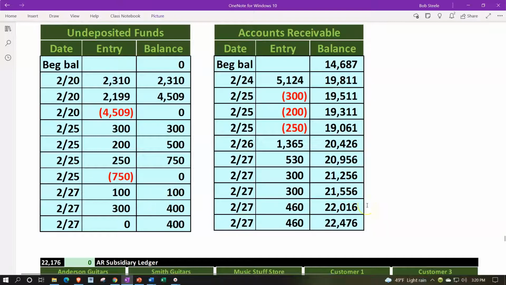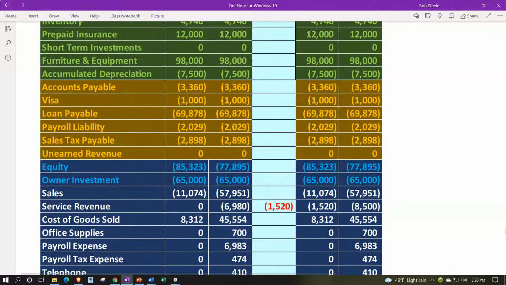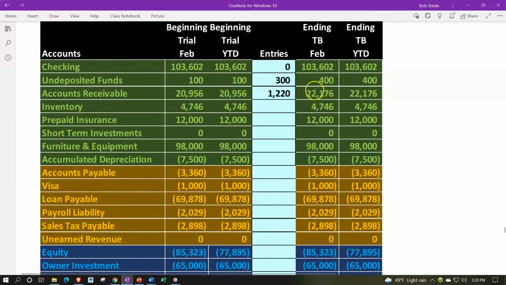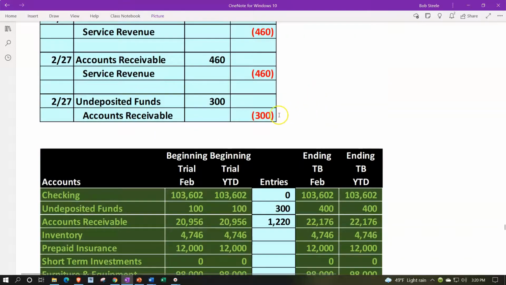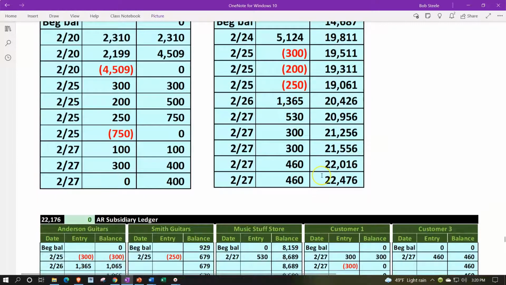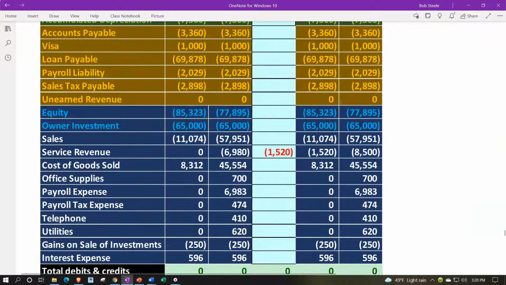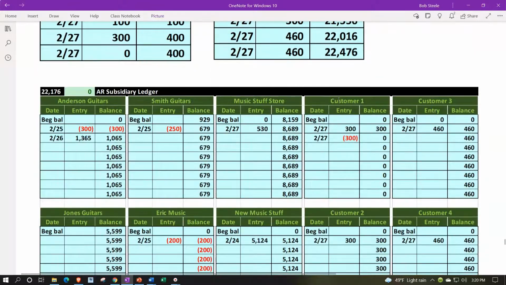And then the accounts receivable was at the 22, actually I haven't included 22, it's not here. We're missing the last one here. So we're missing that last transaction, apologize, but it should be then going down to the accounts receivable for that last transaction, the 300 decreasing by that 300, bringing it back down. And then if I was to take a look at the subledger here, the accounts receivable for customer 1, obviously it went up and then it went back down, making the total back to 0. If I add all these up, we're at the 22,176, which doesn't match here because I didn't have that last transaction, but it does match up here, 22,176. So disregard,